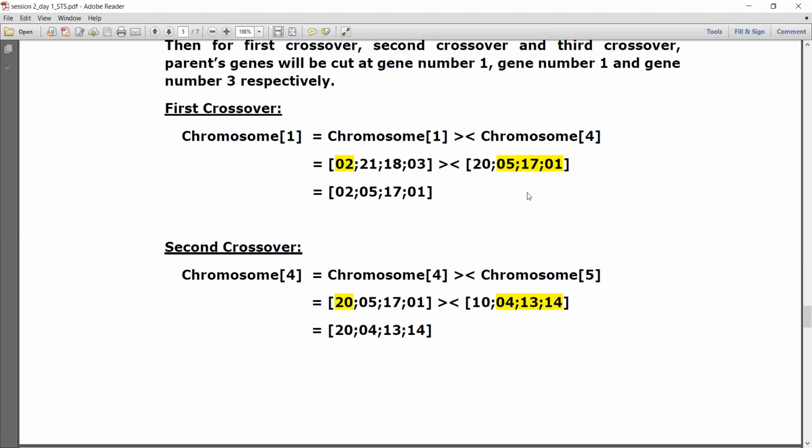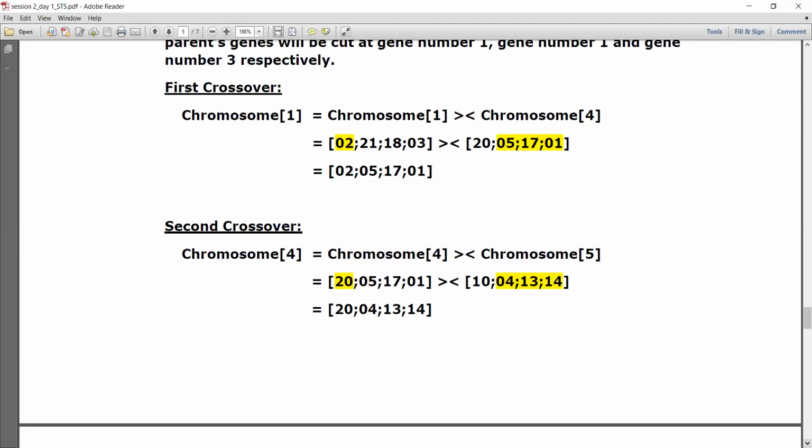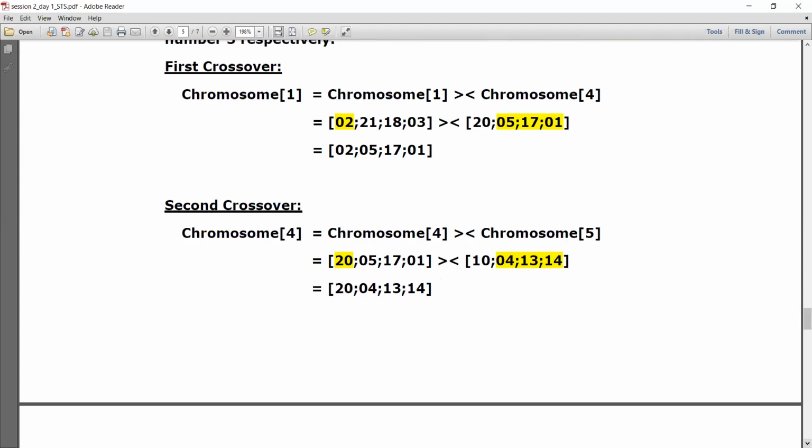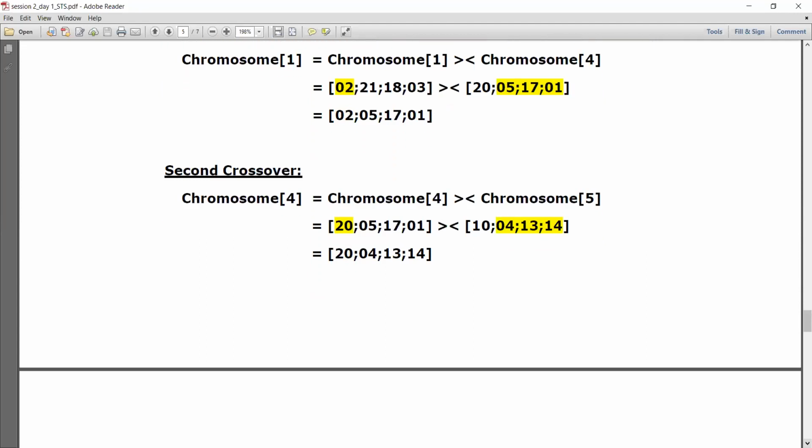I have only 3 crossover chromosomes: 1, 4, and 5. So the possible combinations we can generate are between 1 and 4, or 4 and 5, and 5 and 1. The same way we are going to process. You can even have different sequences, but here I have chosen this sequence. We have complete flexibility and freedom in the algorithm. There are no hard rules here, no strict procedure here. You can have any rule. But while performing the crossover, I'll explain only the first crossover. You can do the rest.